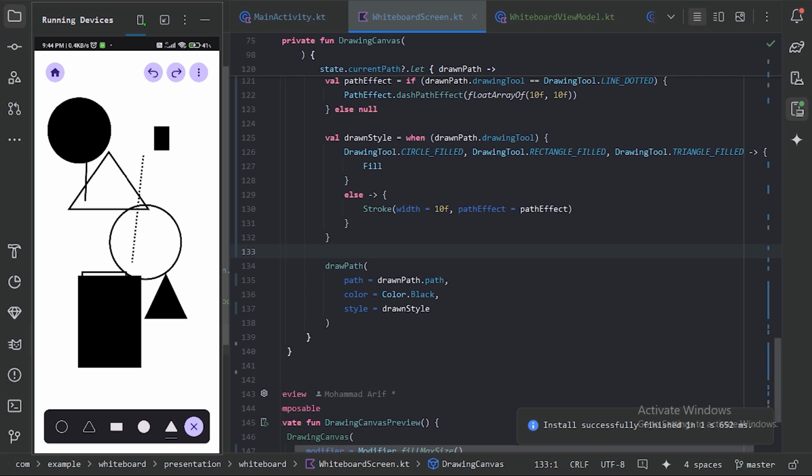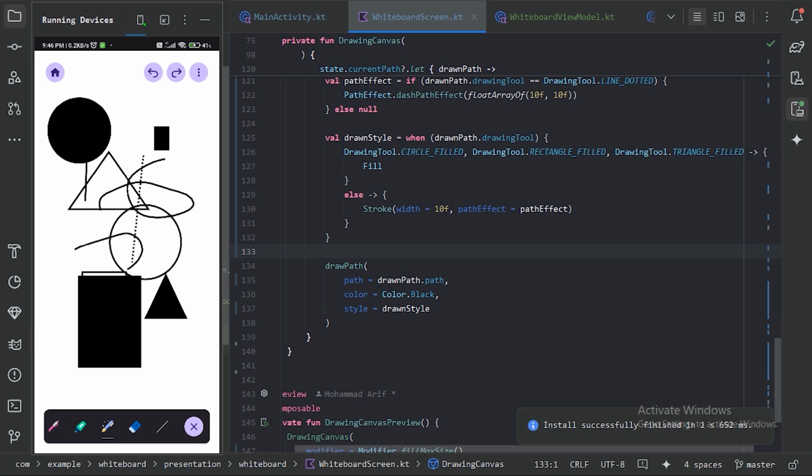Here we have not provided the path of this arrow because the calculation of this arrow path is quite long. So I need to look into this calculation and also how we need to save this arrow path into the local database. So for now I will not provide this arrow path, but I will do so in future videos. And for this laser tool and this highlighter we already have provided the path, but the color effect we will provide also in later videos when we will implement those color cards. So that is all for this